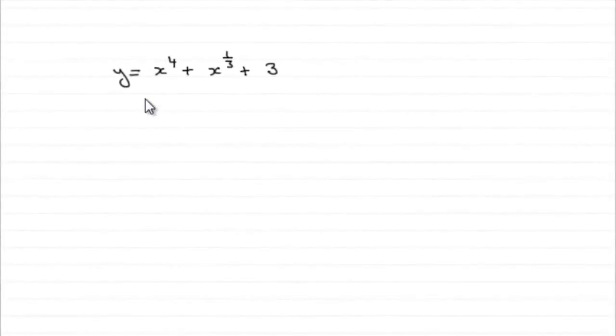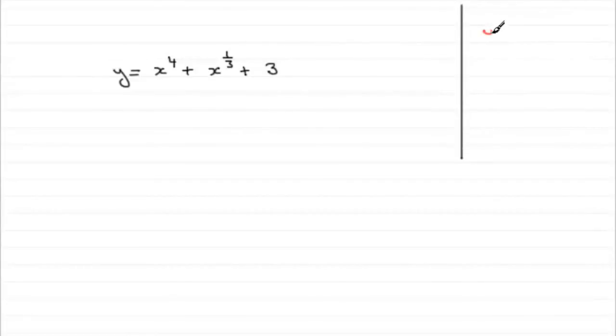Okay, we've got a very nice question to start with then. We've got to find dy by dx for y equals x to the power 4 plus x to the power a third plus 3. Now, each term has the form y equals ax to the power n, so you should be